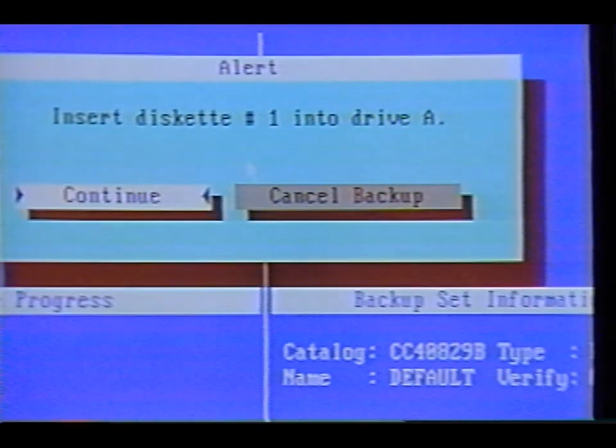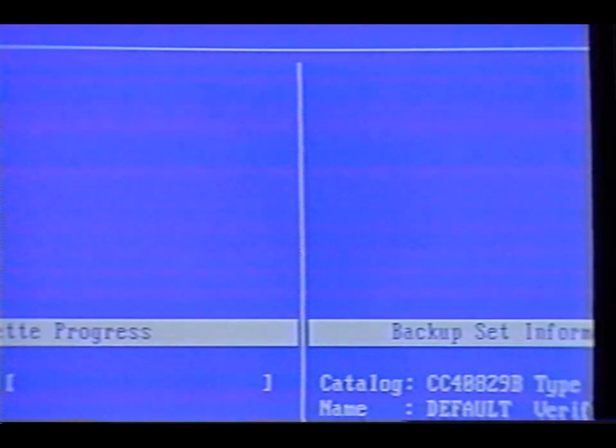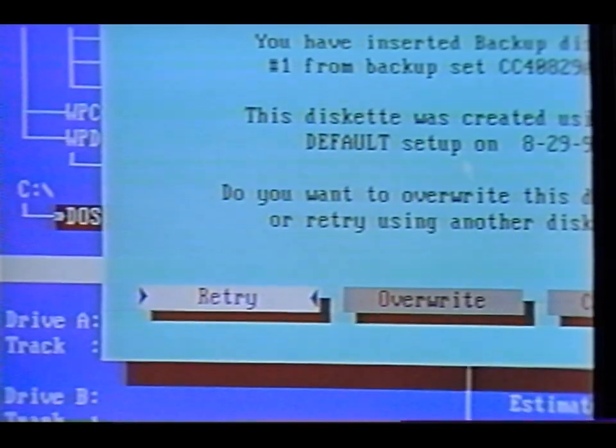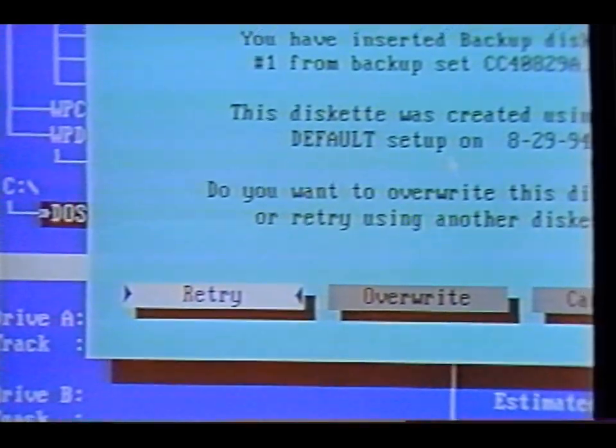Now we get a message asking us to insert diskette number 1 into drive A. We make sure that the disk is in there, put it in, and press Enter, which will continue. Notice on the lower left-hand corner, if you have something already,